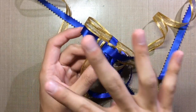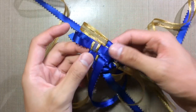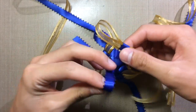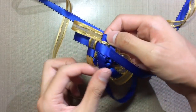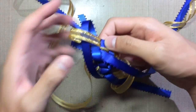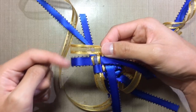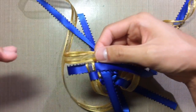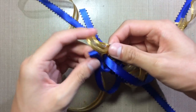So if you want to go with 4 colors, you can go ahead and do that. But it is very possible to do it this way. Once you get the hang of it, you'll be able to do it all the time. So again, now I'm using my right hand. You're going to take your left ribbon, go up, always the top ribbon first. So when I say top, it's the one above if you hold it horizontal, the one on the top. So I'm taking it, going up in here,